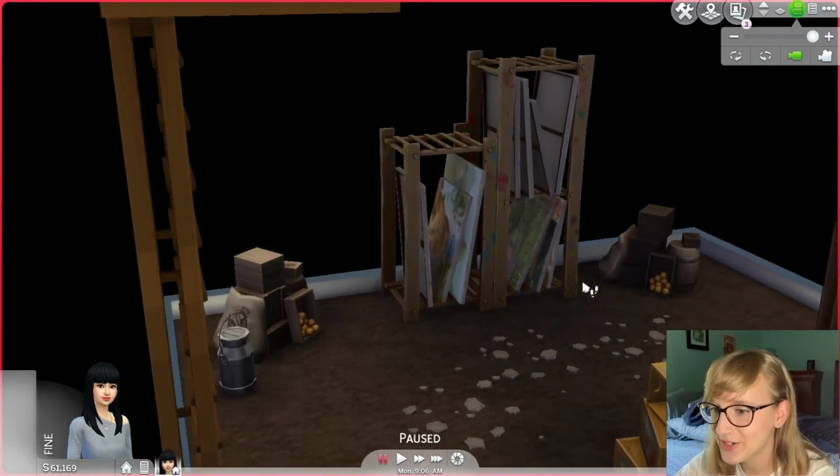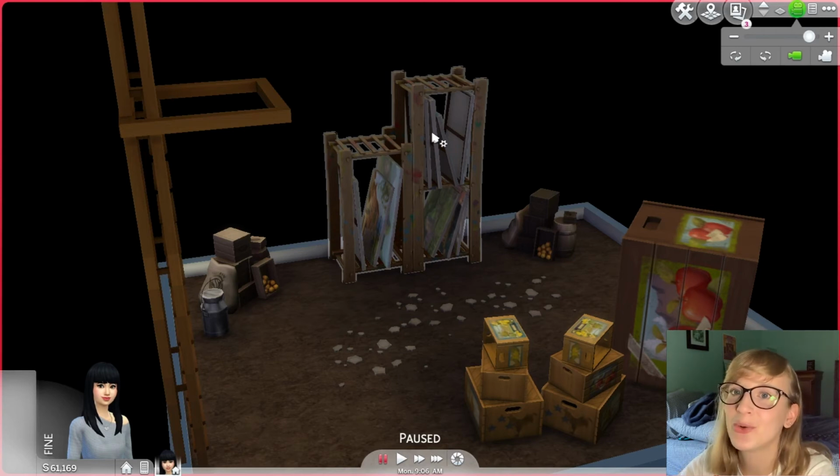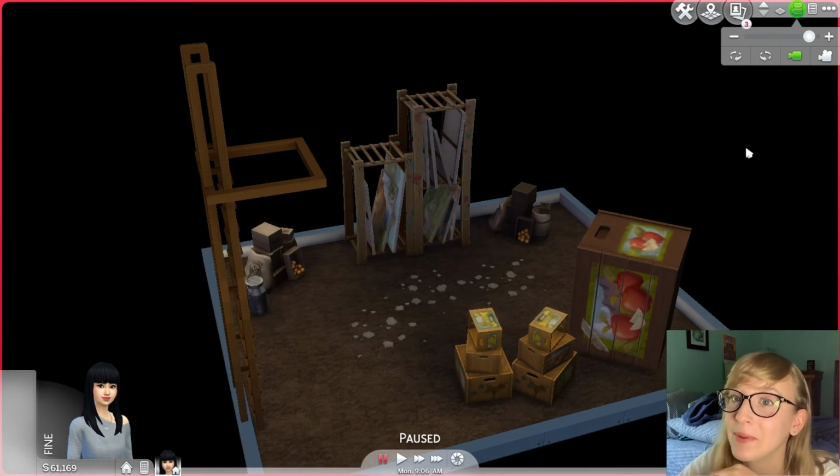This is the root cellar. I just threw some stuff down here. I found this and I was just like, yeah, it looks cool. Let's throw it down there in the root cellar. I guess the paintings are drying in the root cellar. I feel like that's not the optimum place to dry your paintings, but